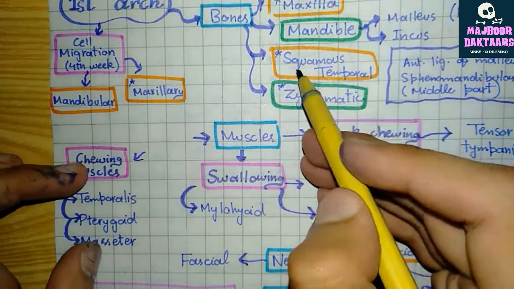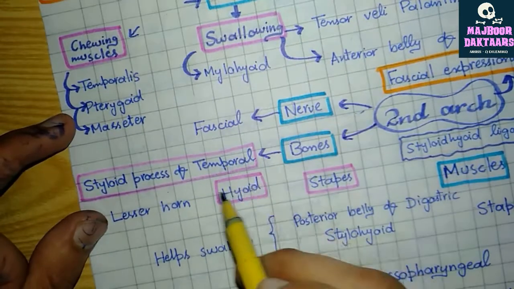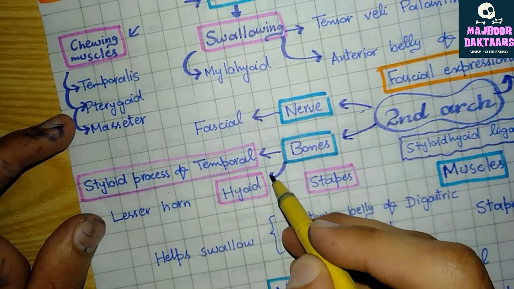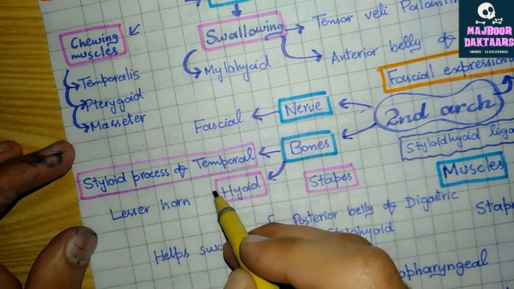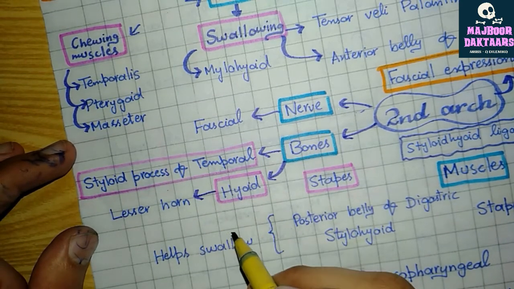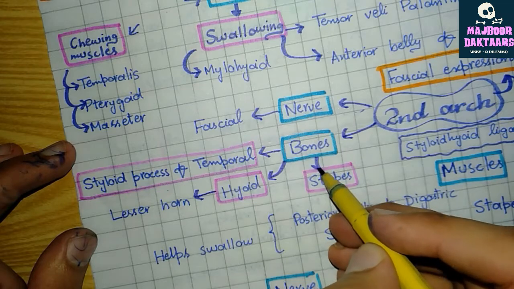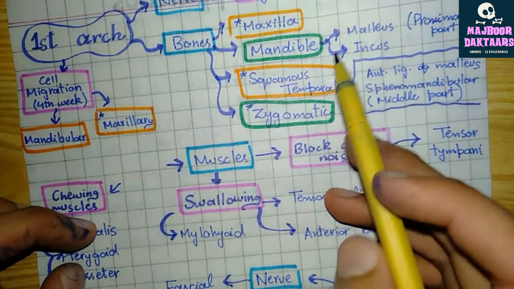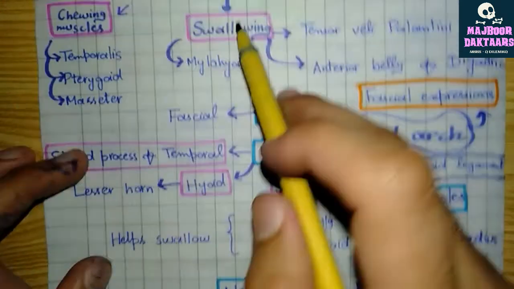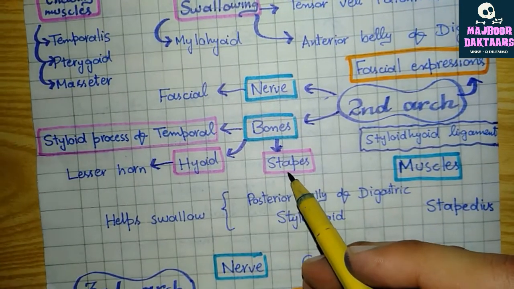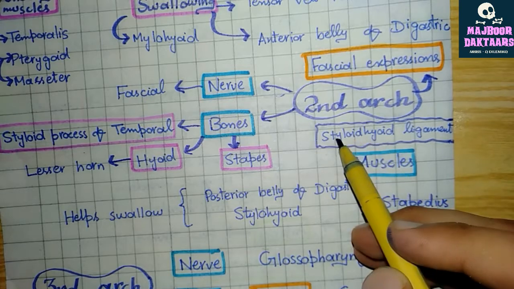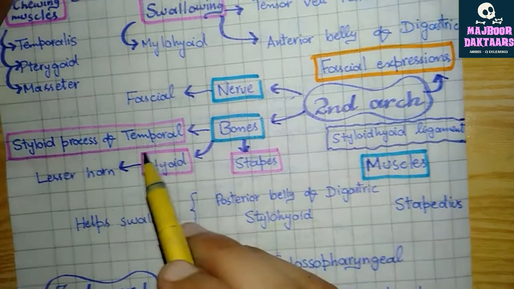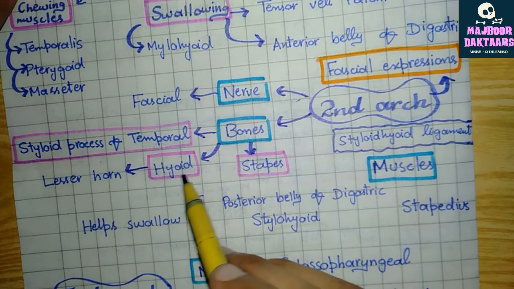The first arch forms the squamous part of the temporal bone, while the second one forms the styloid process of the temporal bone and the hyoid bone, specifically speaking, the lesser horn of the hyoid bone, and the stapes, which is one of the three small bones of the ear. Malleus and incus are formed by the first arch and the stapes by the second arch. The second arch forms a ligament between the styloid process of the temporal bone and the hyoid bone known as